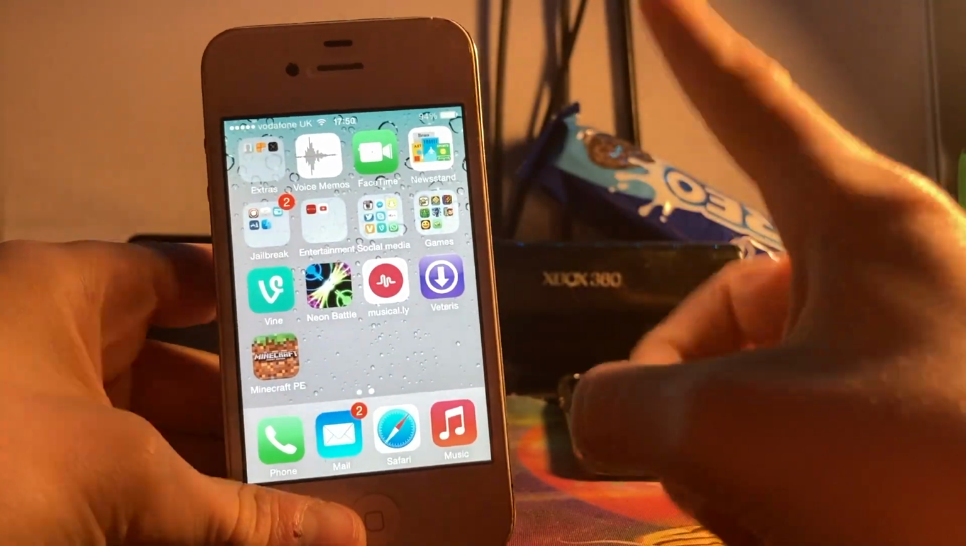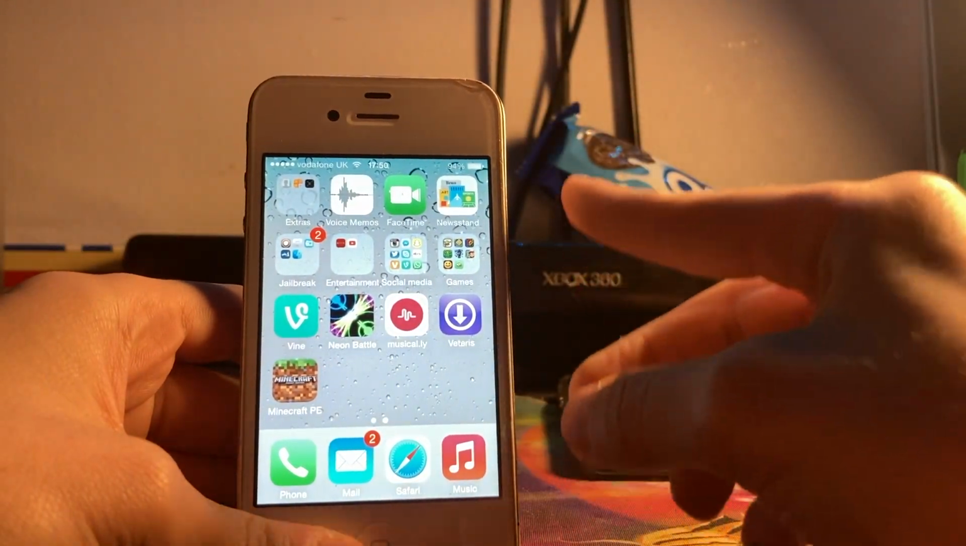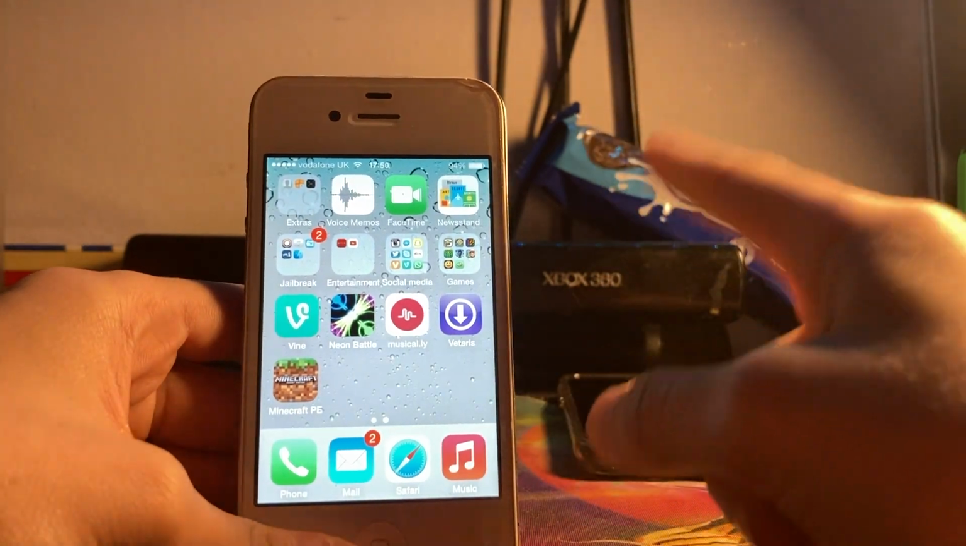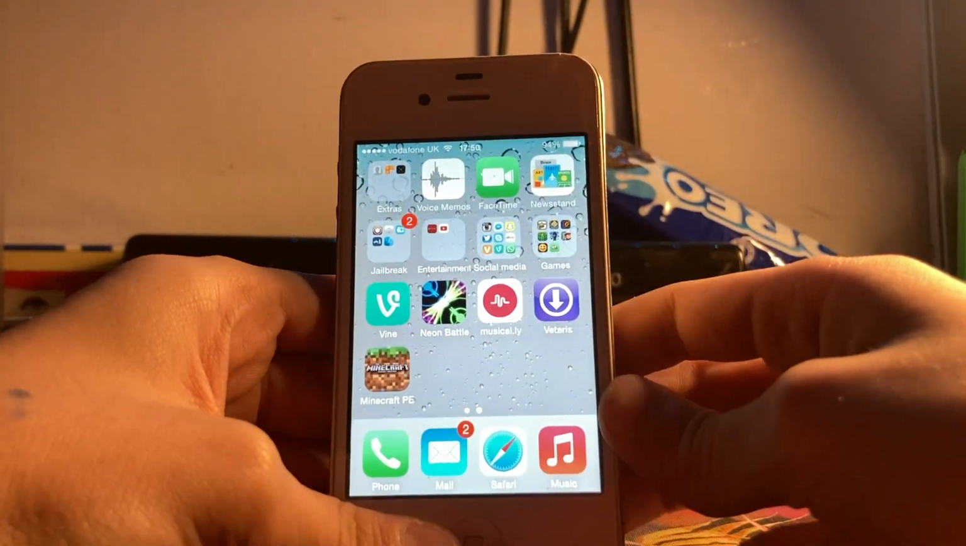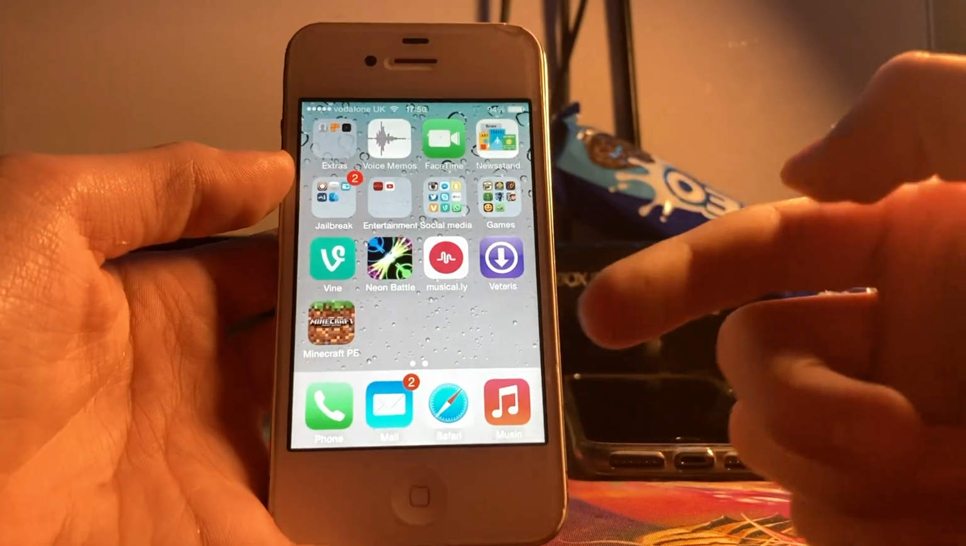The second way is with a PC and using 3uTools. Thing is, I do have a PC, I just don't want to give it away as it's massive. But basically, you can open